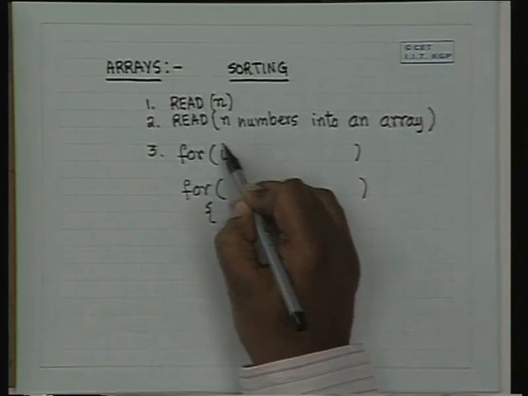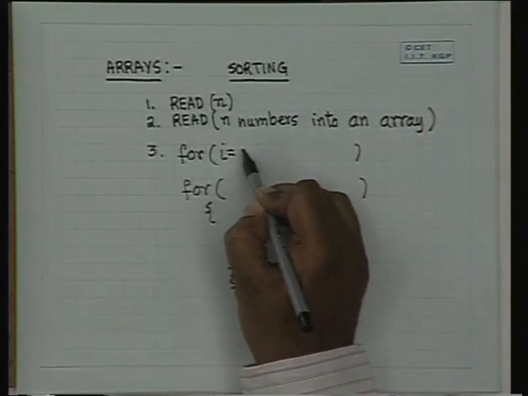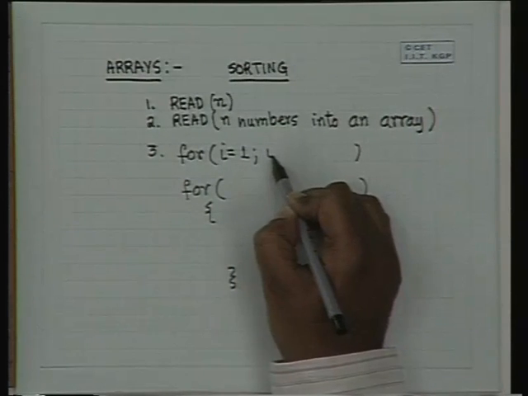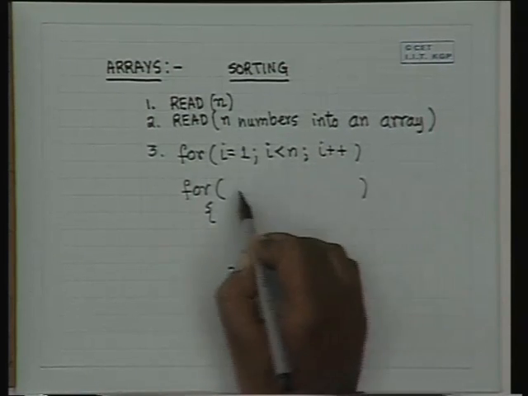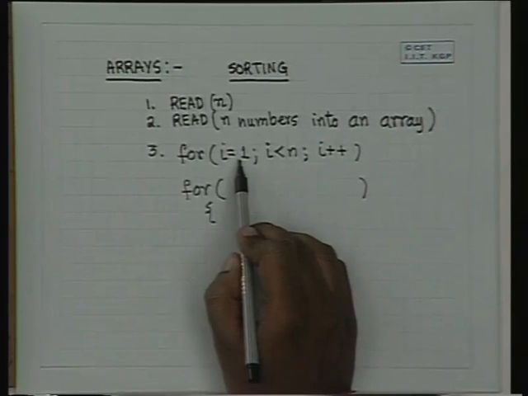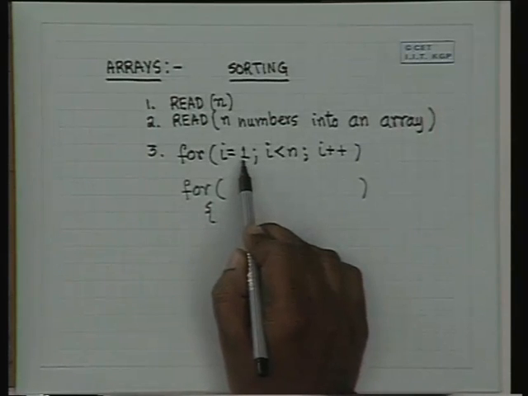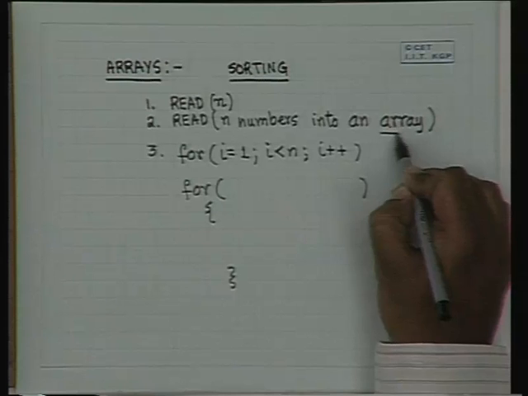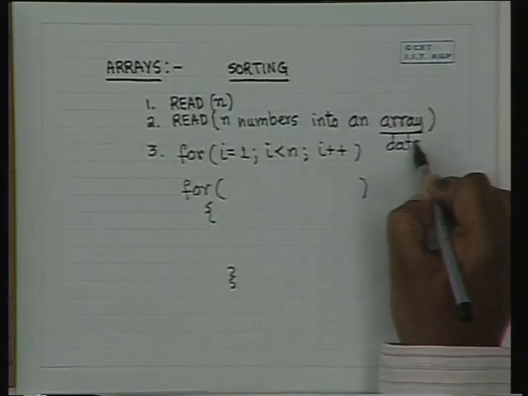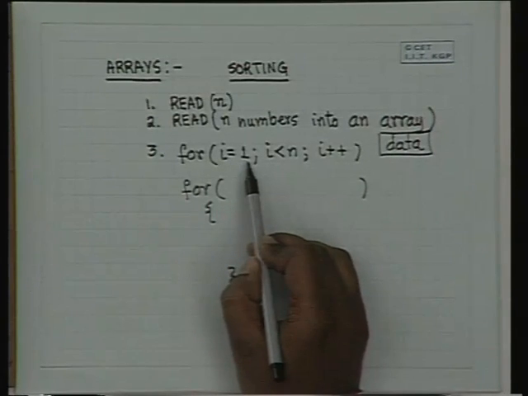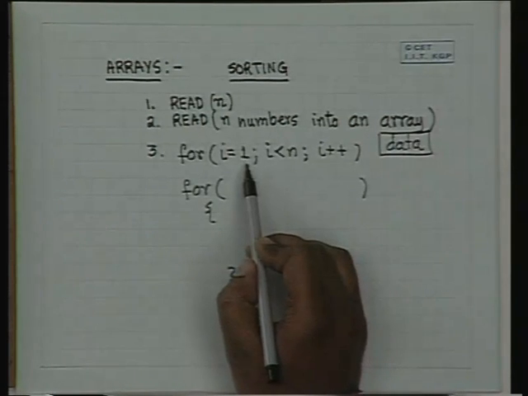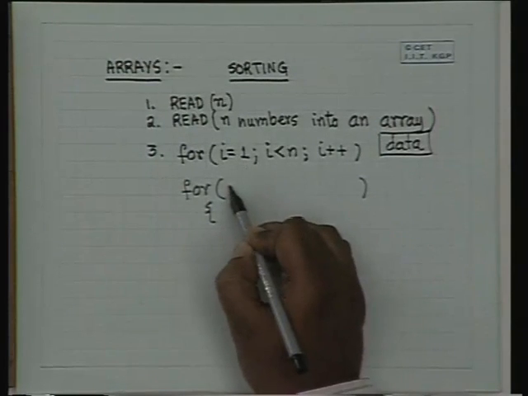For example, we will do for I equal to 1 till I is less than n, I plus plus. When I is equal to 1, we will find out the maximum and store the maximum in the array location A1. So let the array be called data. Then when I is equal to 1, we will store the maximum in data 1. When I is equal to 2, we will store the second maximum in data 2, that is the maximum from the rest of the array. So we will use a loop